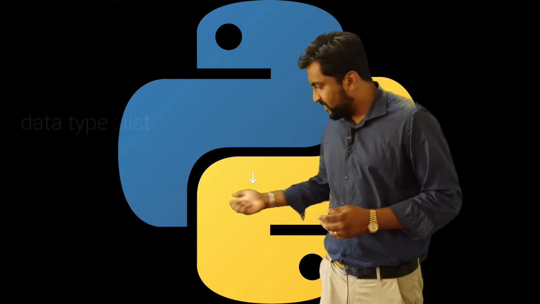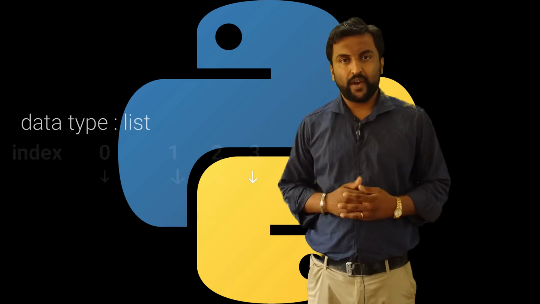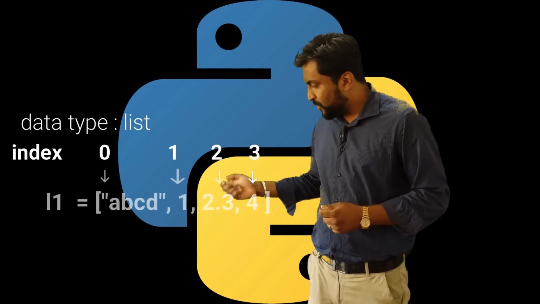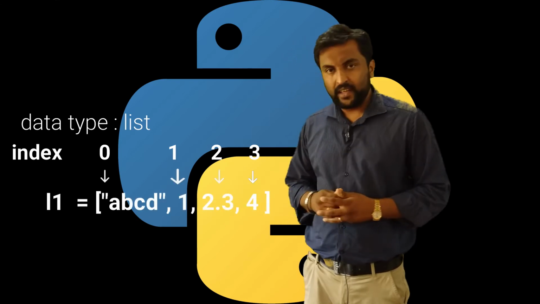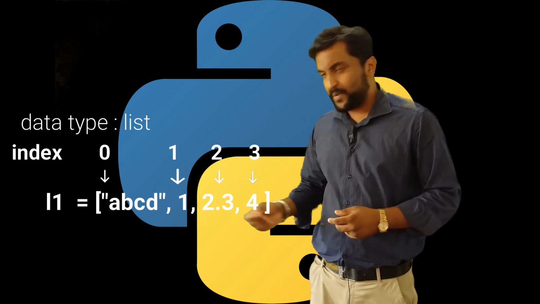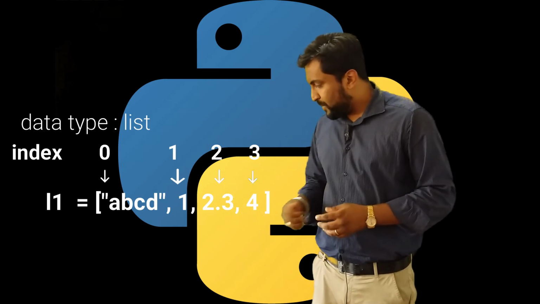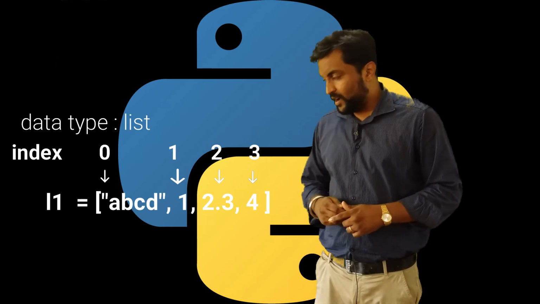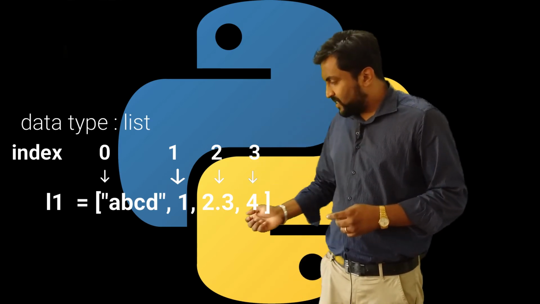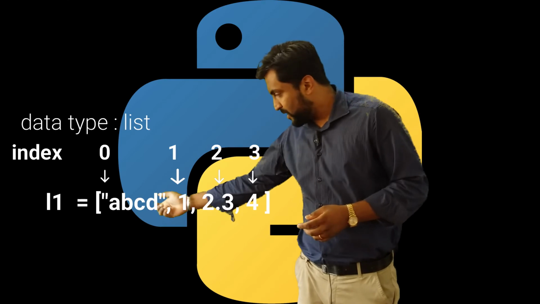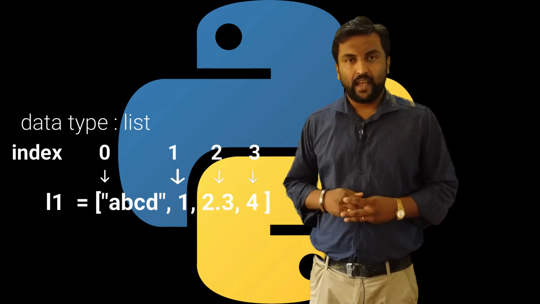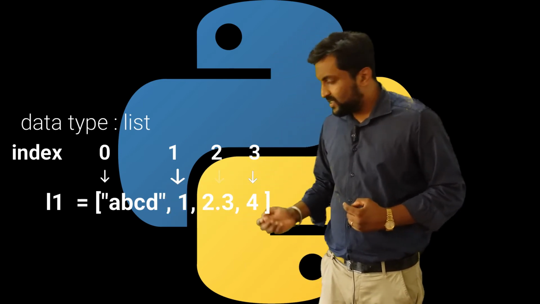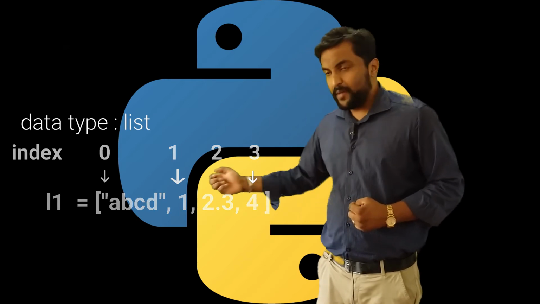You can create a simple list like this. If you want to create a list, you have to use square brackets. For example, we are going to create one list like L1 equal to, in square brackets you write ABCD, which is of type string. Then we separate each element with a comma. The second element is 1, then the third element is 2.3, which is of type float, then again a comma, and the next element is 4. Then you complete the square bracket. So you can see there are a total of 4 elements available in the list L1. The first element is of type string, the second is of type integer, the third is of type float and the fourth is of type integer.